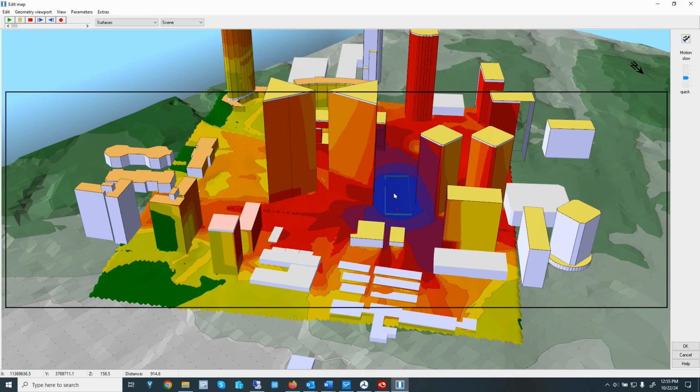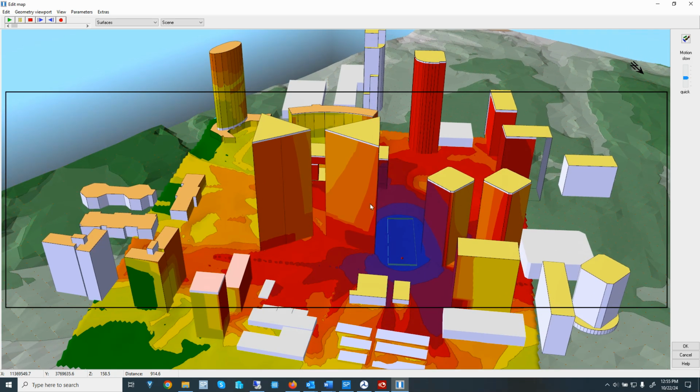Now, the facade calculation also has a new feature where you can tell the program that it calculates the noise levels on top of the roof. And in that case, when the isophones are plotted, it would also have a contour map on top of the roof. This, of course, works primarily only on flat roofs.